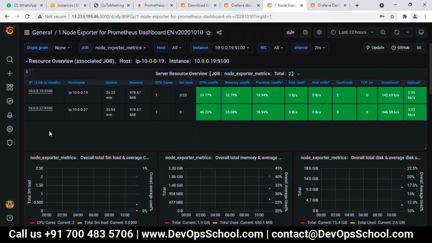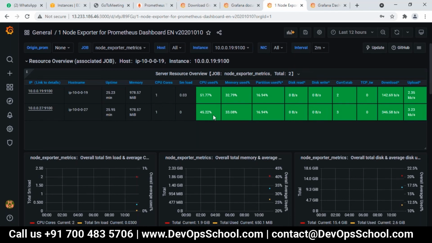This dashboard somehow fulfills our requirement. There are two target servers, host name, uptime, like these servers are running for the last 25 minutes. Memory: this server has total memory available and not available, total memory 978 MB. CPU cores, how many CPU cores are there?